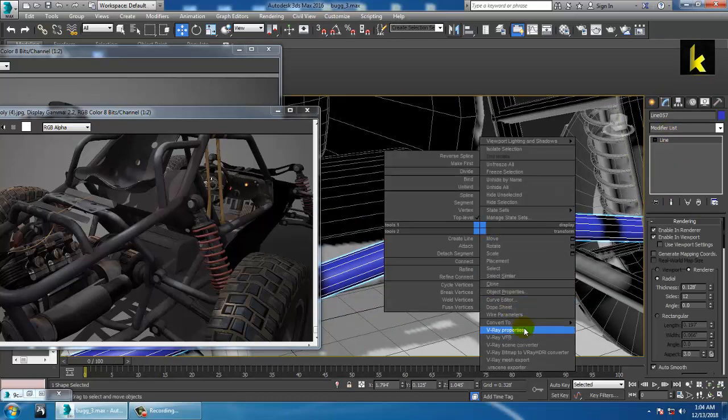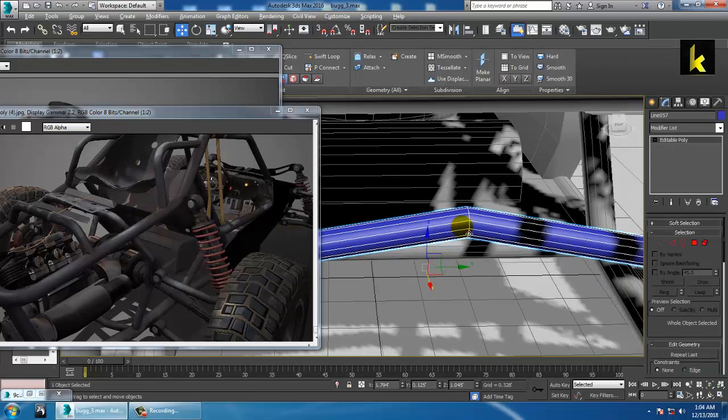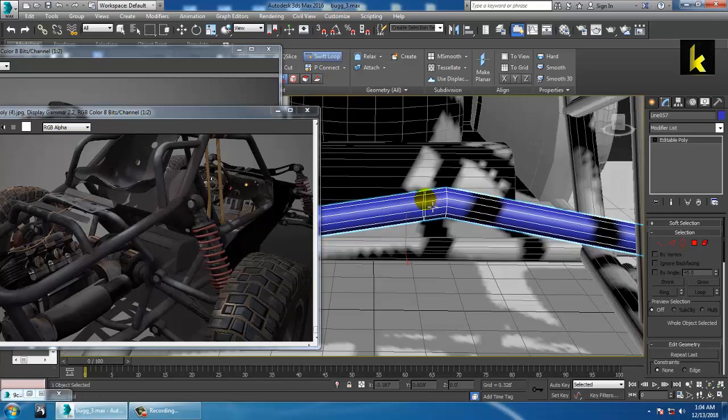Convert to editable poly. So you can use this editable poly, click over here,